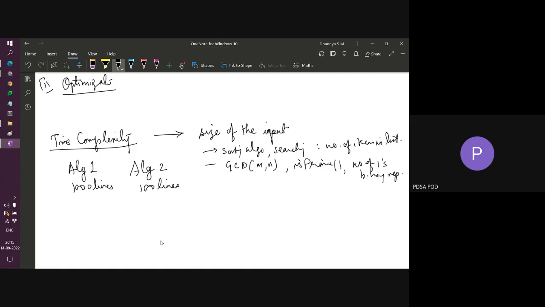size. Because in the case of GCD, you're always giving two values. In the case of is prime, you're giving just one value all the time. In the case of the number of ones in the binary representation of a given number, there is only one number which is the input. So here, if you take the number of elements in the input as the size of the input,